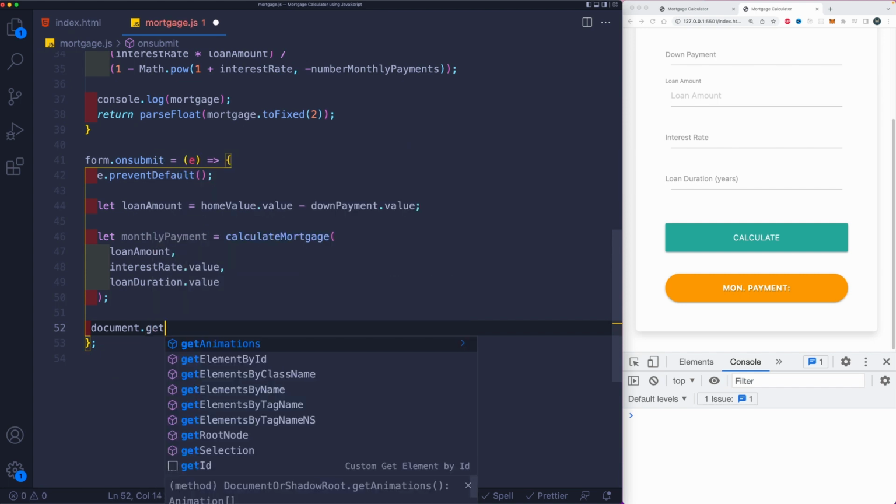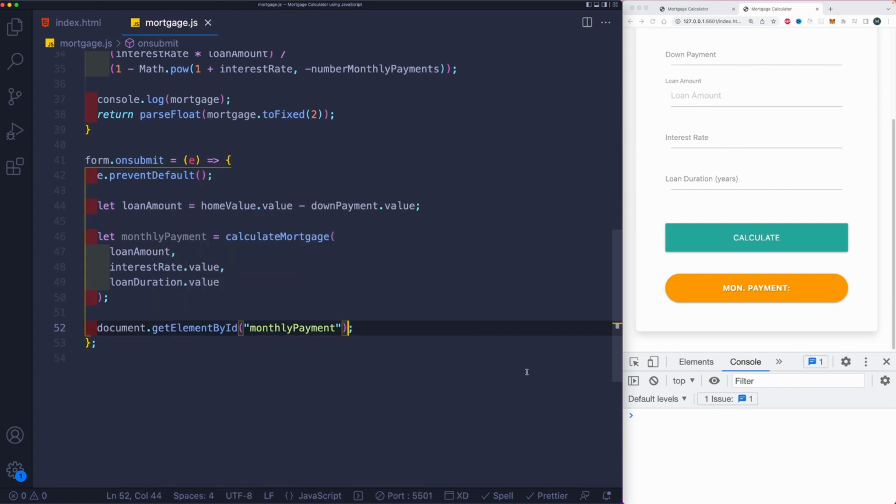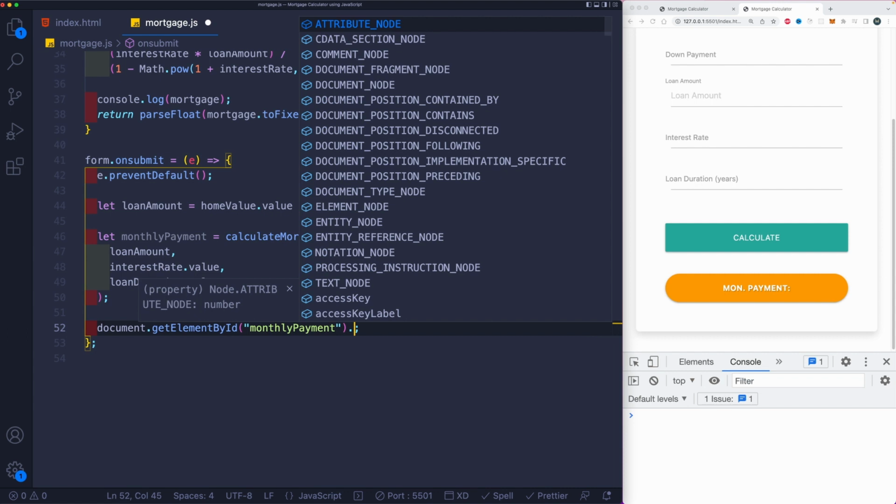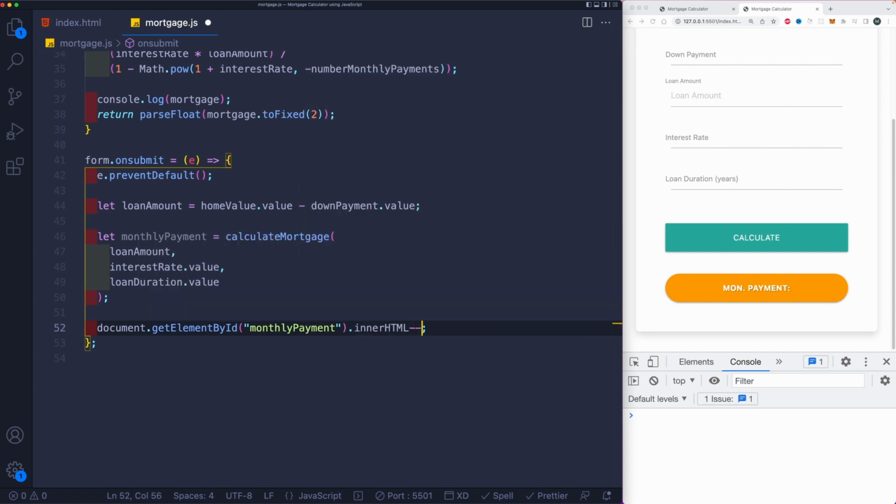So getElementById, and we're going to change its innerHTML. We're going to assign this to this monthly payment. Now I'm going to use here backticks because I want to use template literals. Now I'm going to use a $, and we're going to add to this our monthlyPayment variable